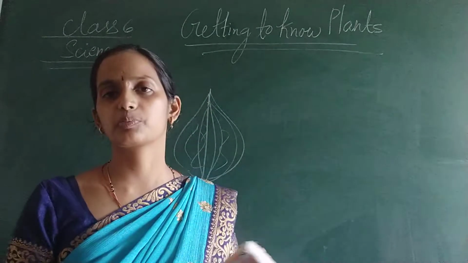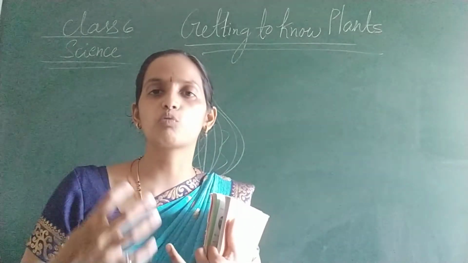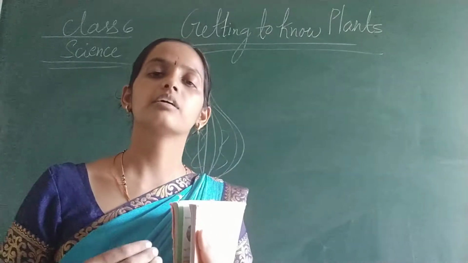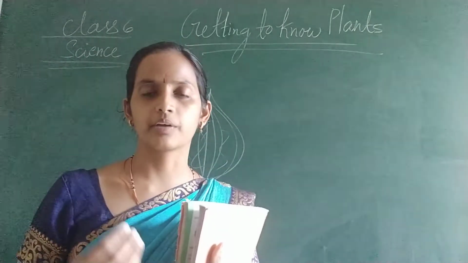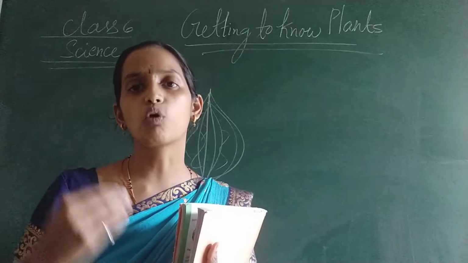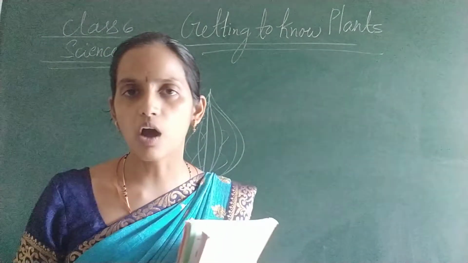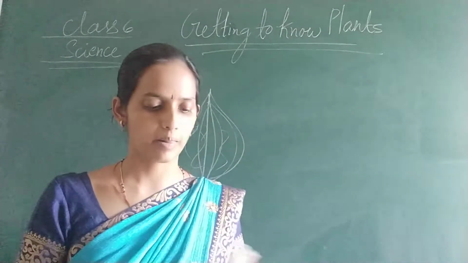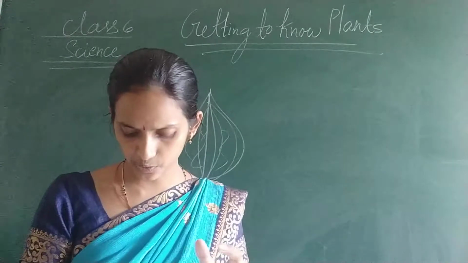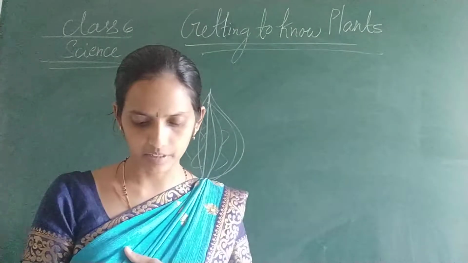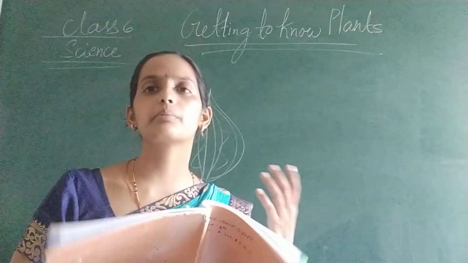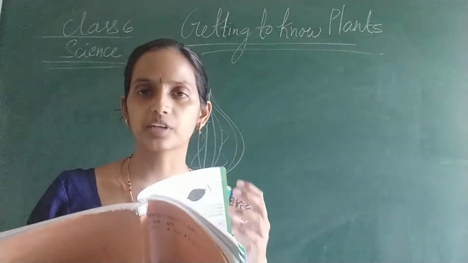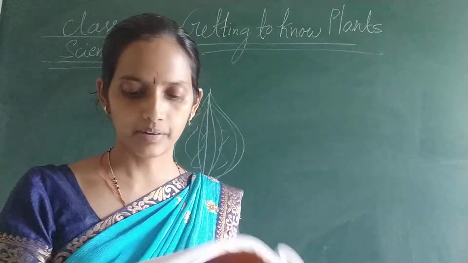Then what is transpiration? The removal of excess water from the plant body to the atmosphere we call transpiration. So the excess water which is released from the plant body we call transpiration, right? All these things we have studied in the previous class, right? Then what do we mean by the root, and what is the actual function of the root, we are going to study in this class, right?